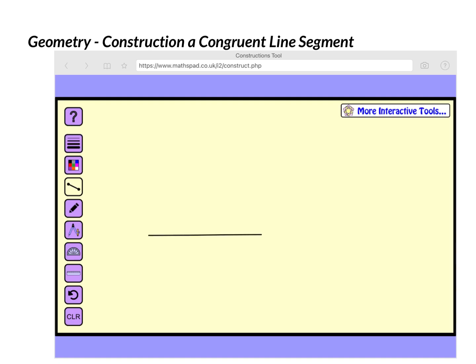In this video, I want to talk about how we construct a congruent line segment. So to begin with, imagine we're given a line segment. You can see I've drawn one here, and we're asked to create a line segment that is exactly the same length. Well, remember from previous work that constructions can only be done with two tools, a straight edge and a